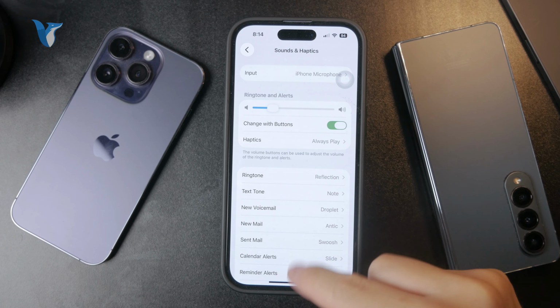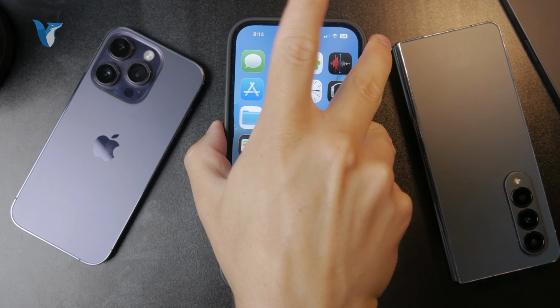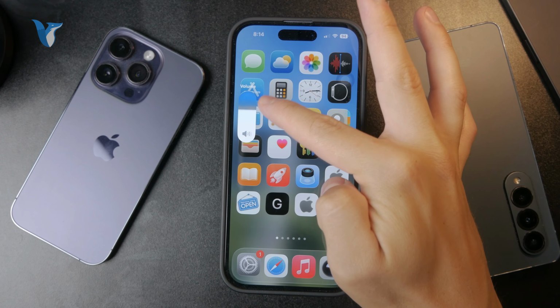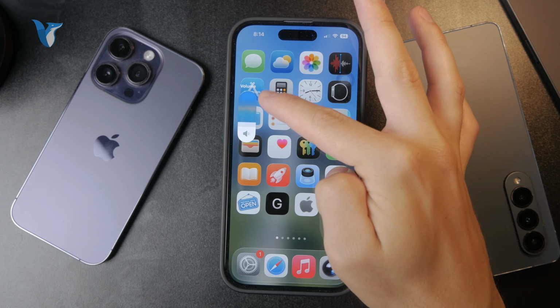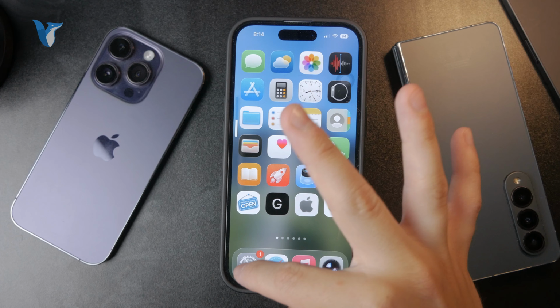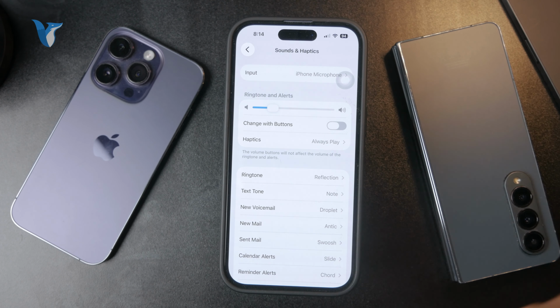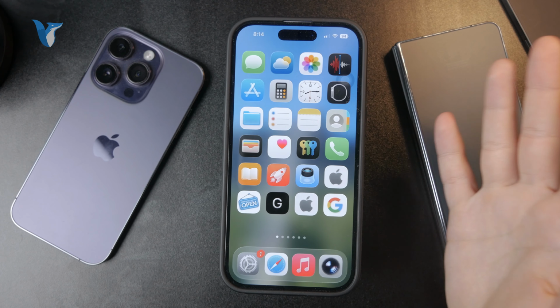With this toggle disabled, the phone controls the media volume, and when you have the toggle enabled, you can use the buttons to control the ringer volume. So that's essentially everything I